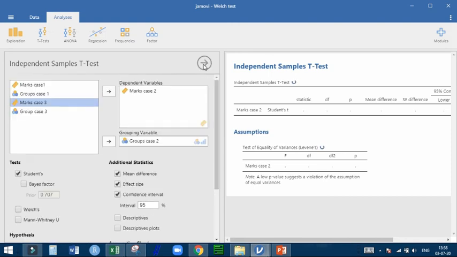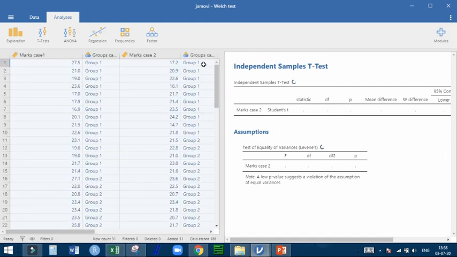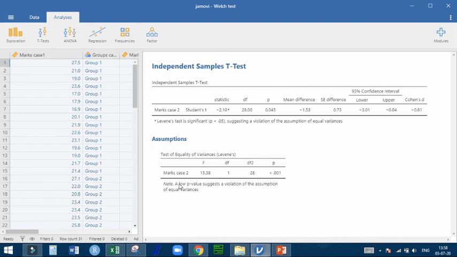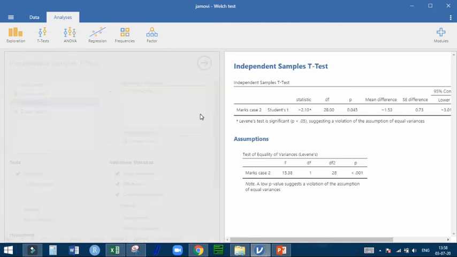Now check the output. For marks case 2, you can check the p-value is less than 0.05, which means the test of equality of variances has failed. So we will not read these values. Here we will apply the Welch test.